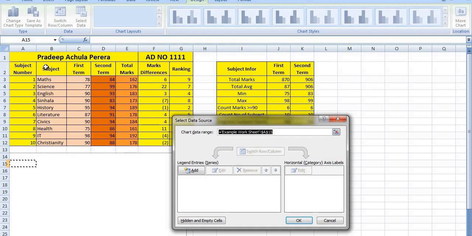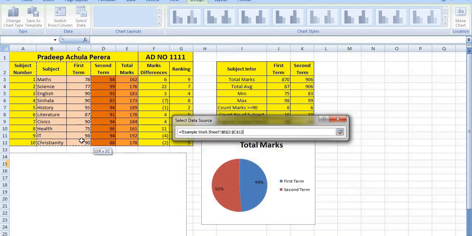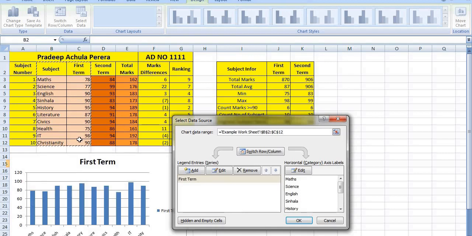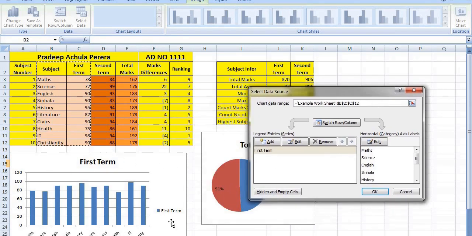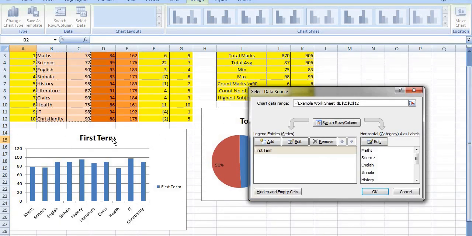I want to just add the subjects and the first term. And doing so, I get a new fresh first term chart. If you go down, you see a glimpse of what you have done before you even click OK. The information is displayed. Once you say OK,